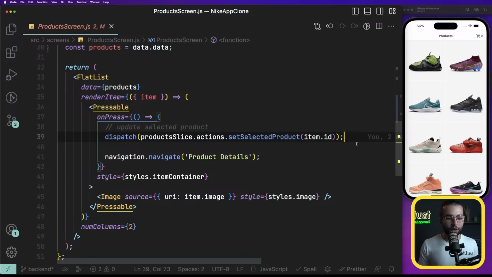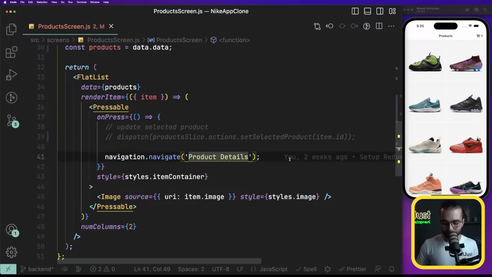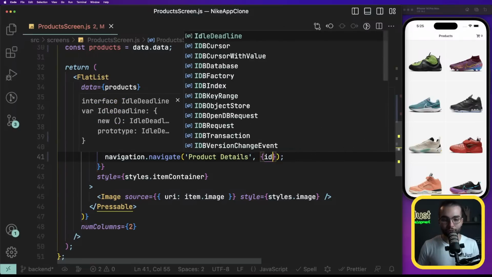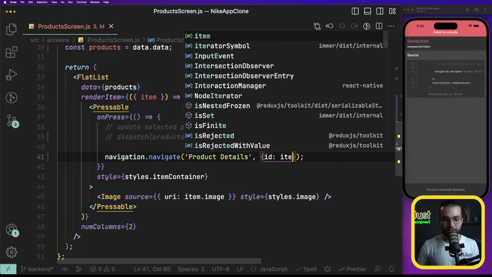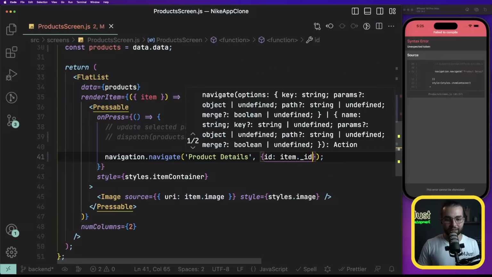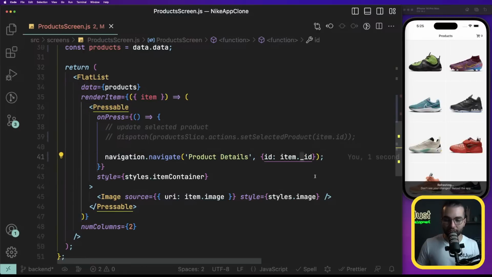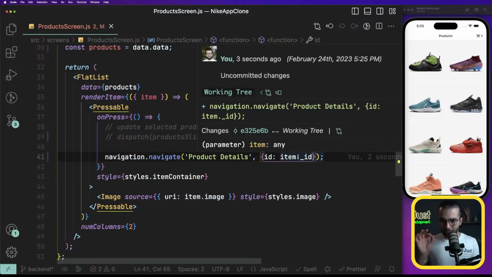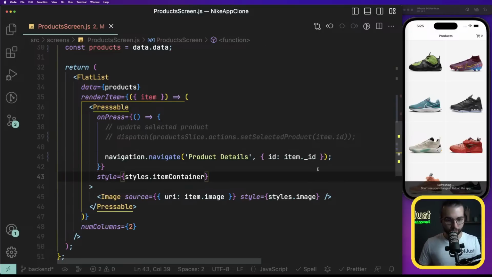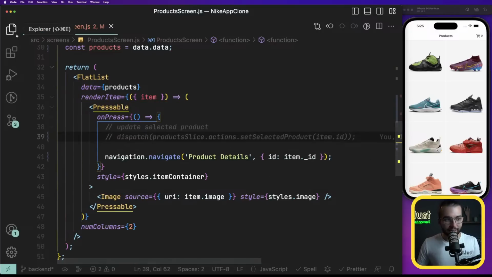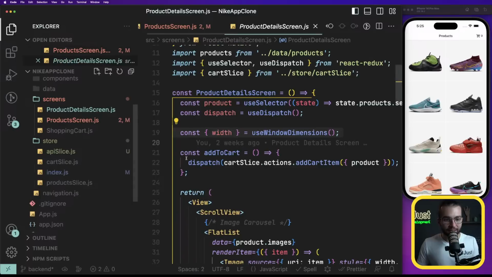Well, we're gonna switch the logic here, because instead of setting it in state as the selected product, I'm gonna comment it out. I'd rather send the ID of that product to the product details page, like this, item dot underscore ID. Use the underscore here because in the database our IDs are with underscore. And now going to our product details screen,